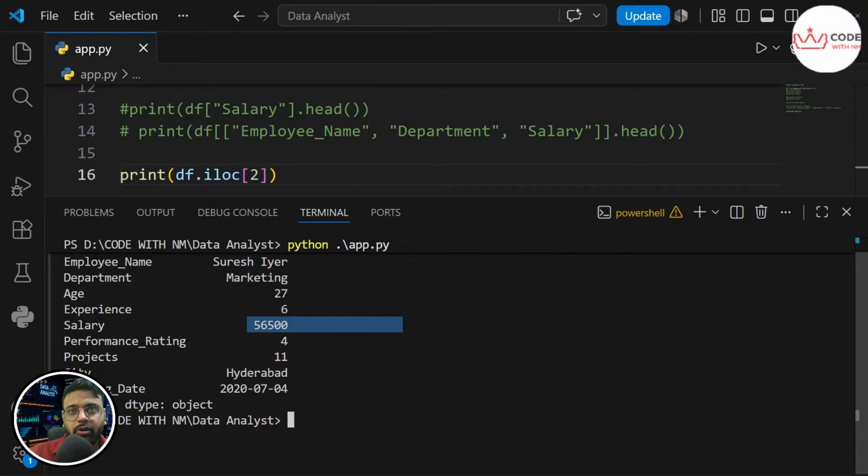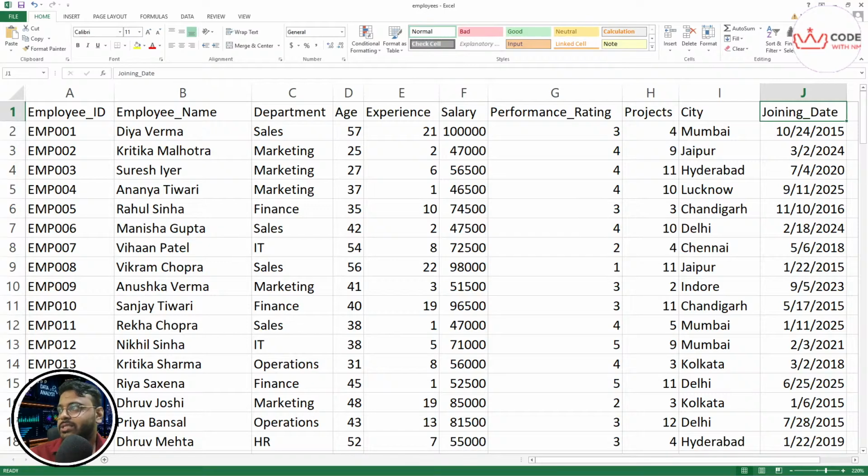Let's cross verify with our Excel. For your case I'm opening the Excel, but in real time I won't open this Excel. So Suresh Iyer is EMP003. Remember, our indexing starts from 0. So Diya is 0, Kritika is 1, and Suresh Iyer is 2.